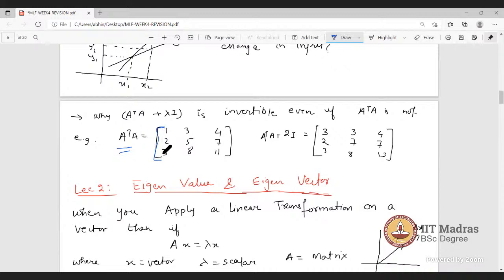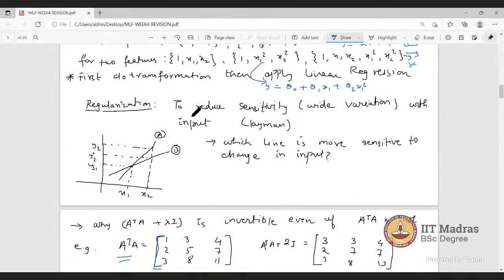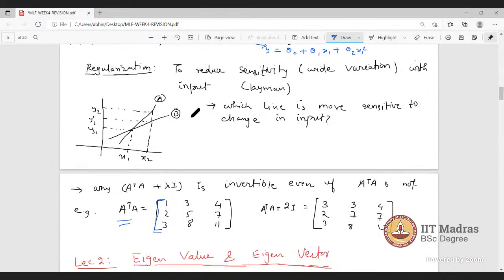It won't be symmetric as such, because when we were finding least square solutions also, I think A transpose A was not symmetric. Was it? Yes, sir, it is always symmetric. Even if A is not symmetric, or even if A is not an n by n matrix, A transpose A will always be symmetric. It will be square. That is a property of A transpose A. Yeah, okay, it will be a square matrix, that's for sure.